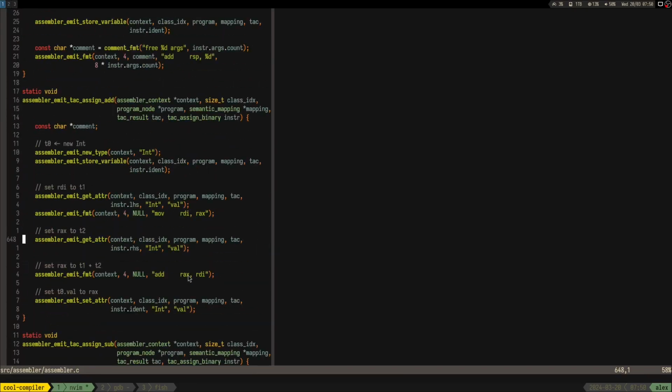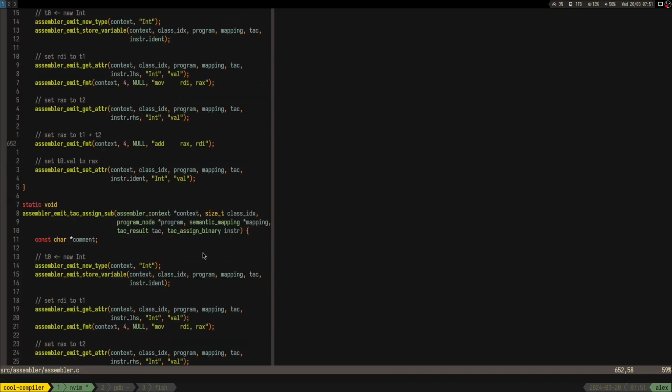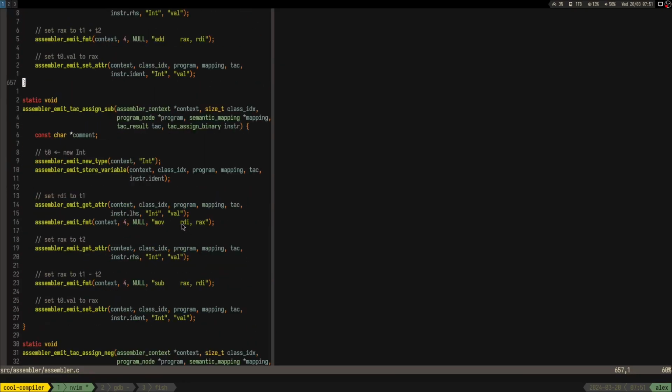Okay, I mean, yeah, so for this one it doesn't matter because add is mirrored, but for subtract, the first operand is in RDI, so we should do RDI RAX, but then